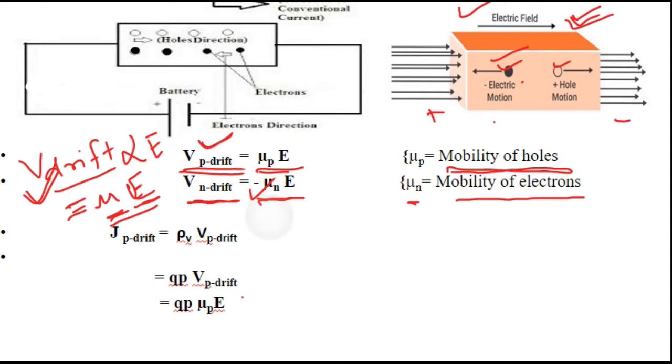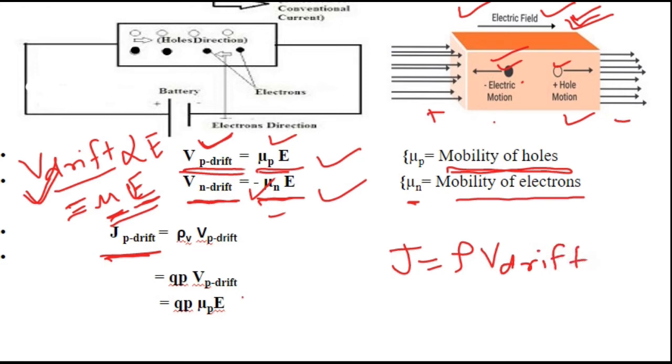So there is a minus sign here. But why are holes positive? Because the hole's direction is the same as that of the electric field direction. So we are getting plus mu p into E. Now let's find out the drift velocity, or rather the drift current density due to the holes. In general we can write the current density J is equal to rho times